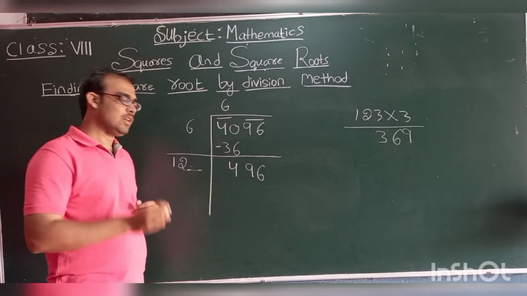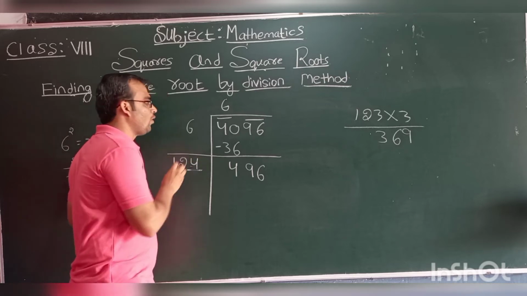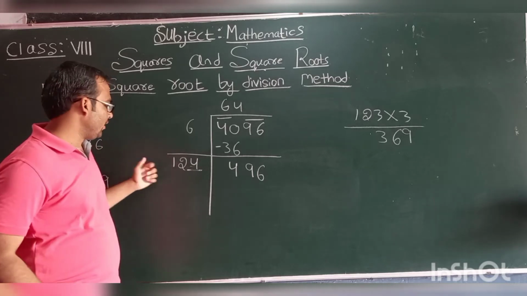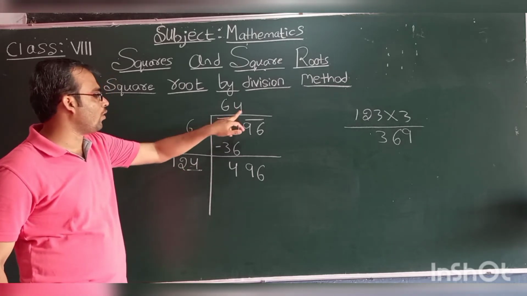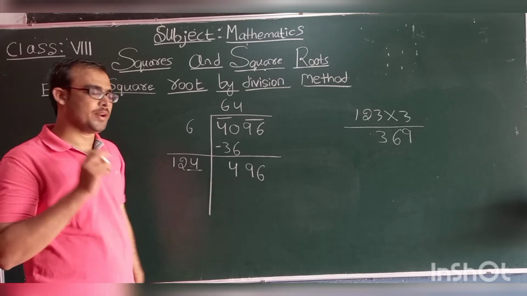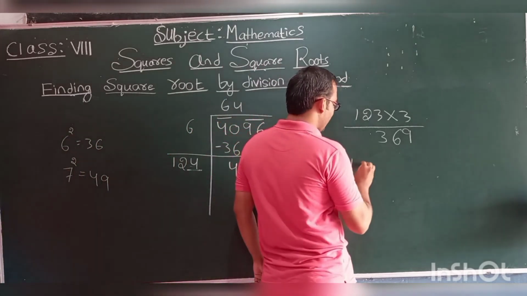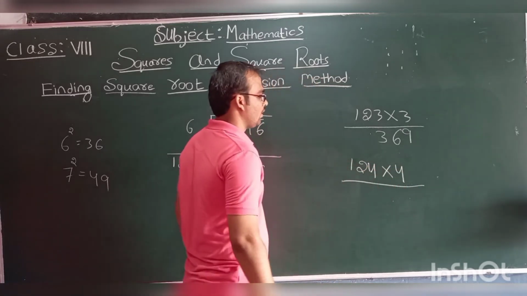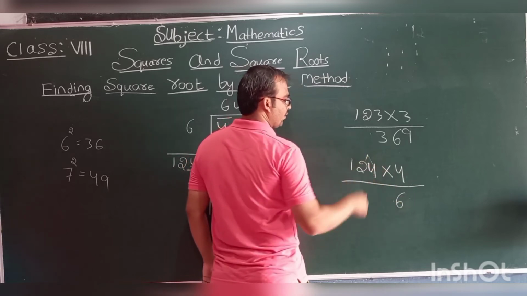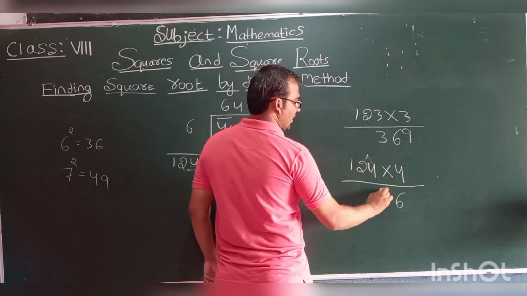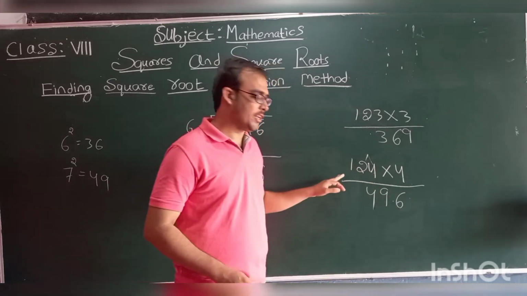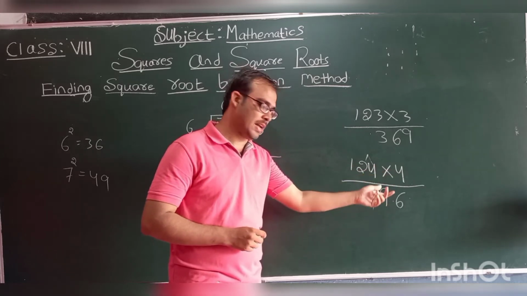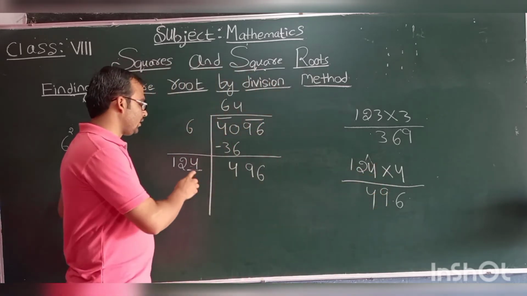Okay. Students, now let us write the digit as 4. Okay. And you need to write the same digit here. Now let us check whether the product of 124 into 4 is less than or equal to 496 or not. Okay. So here 124 into 4. 4 4s are 16, 1 carry. Okay. 4 2s are 8 plus 1, 9. 4 1s are 4. Okay, dear students, when we fill the blank with 4 and multiply 124 with 4, we are getting 496. Okay. So here this is the right one.